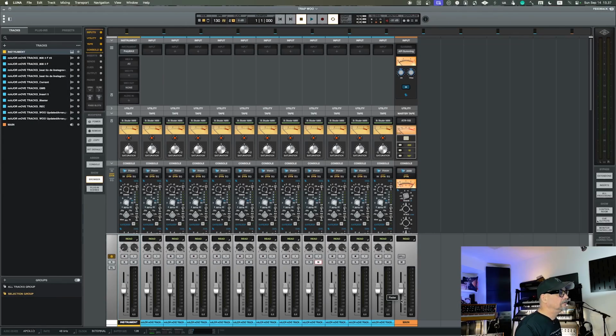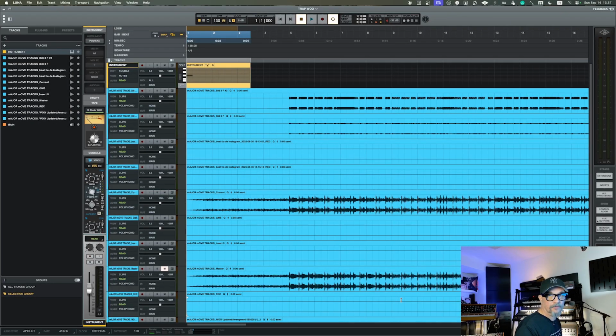Okay, let's look into Universal Audio Luna. And Luna has been catching up very well on different features and has become a pretty solid digital audio workstation. It also supports Windows and Mac, so you have both platforms supported. But what is the biggest minus in my eyes in Luna is pretty much